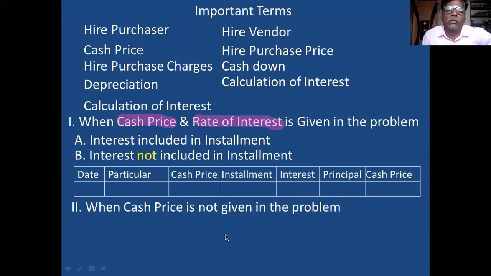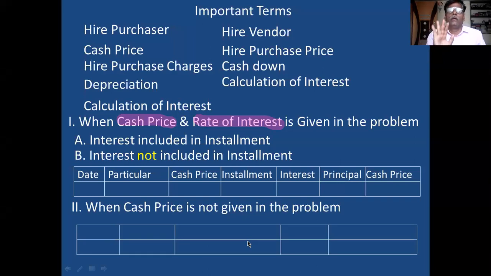The second method of calculating the interest. In the second one, what happens? Cash price is not in the problem. In the first method, everything is there. Cash price is there, rate of interest is there, installments are there. On the basis of that, you come to know the interest. But in the second method, everything is there, but only one point, that is cash price, is not in the problem. Remember this. If cash price is not in the problem, you don't worry. You prepare this table,